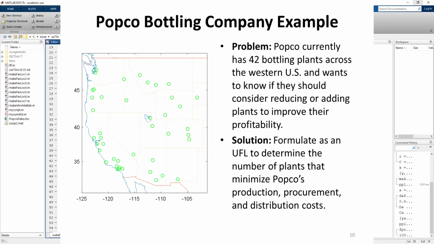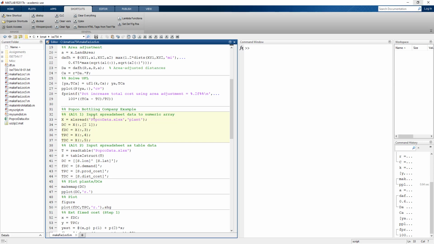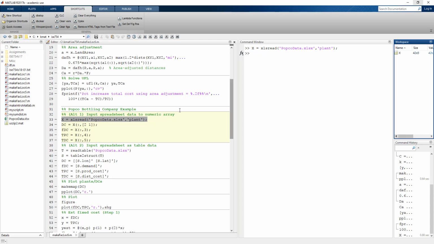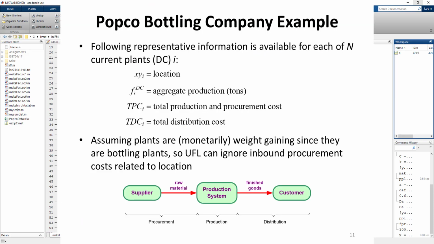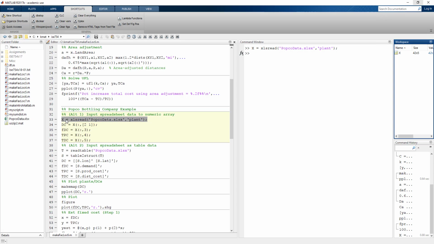And then one way of actually inputting is to use the xlsread function, which is part of MATLAB, and it reads in a spreadsheet. And it's read in a spreadsheet into this variable X. And if you look at the components, this is an array of doubles. The reason is that all the data in this Popco spreadsheet is numeric data. There is no names or strings. If there were, then it would be a second output argument returned by xlsread that had the string data in it. And then from this matrix, essentially each column of the matrix corresponds to the different data that we're interested in. To actually see what that data is,